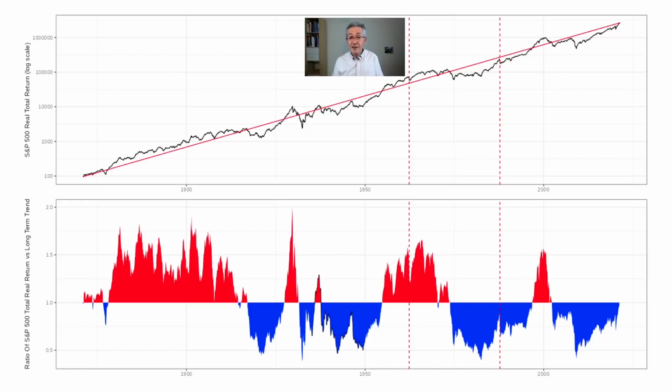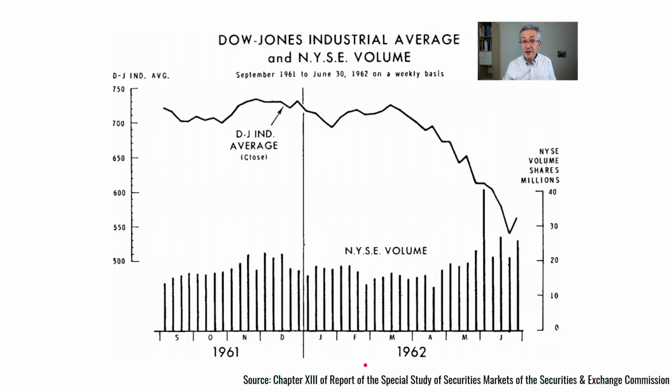There are certain factors which amplify the falls. For example, leverage can force markets to fall further once a sell-off starts, but fortunately they're very short-lived, so these are great buying opportunities. The US Securities and Exchange Commission, the SEC, created a massive report looking at the reasons behind this flash crash, and this is one of the graphs from that report, which is why it looks a little bit retro. This is the Dow Jones average between 1961 and 1962,